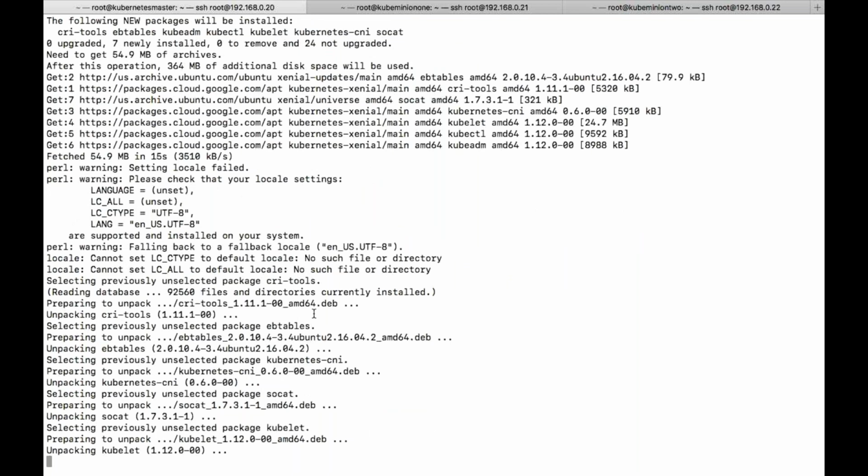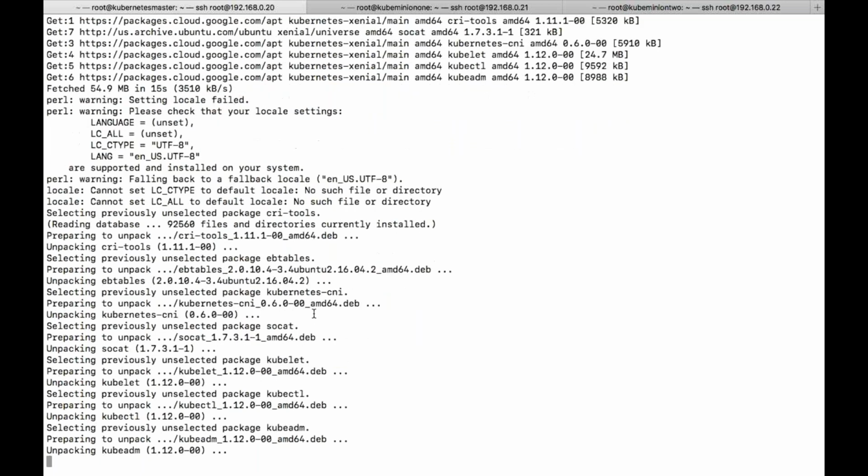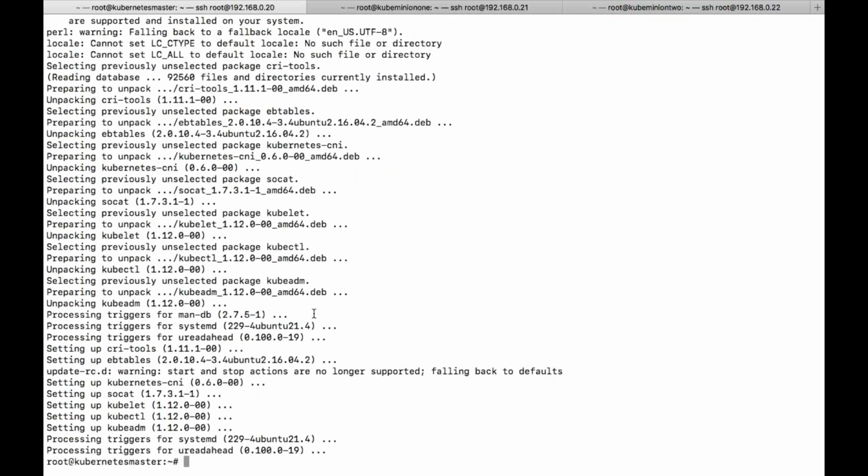In the worker node side, is kubeadm required or not? The package is required. It doesn't mean that it will start your kubeadm. So you're using the kubeadm package, but the actual kubeadm you are trying to initiate from the master node, not from the worker nodes. Okay.